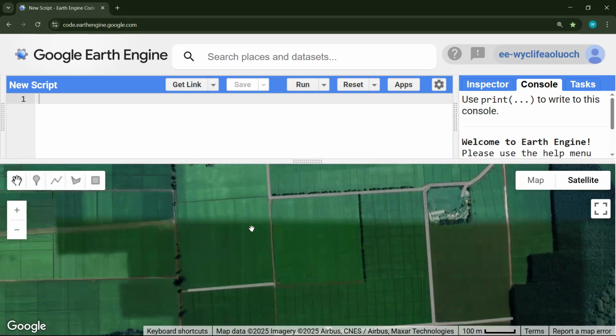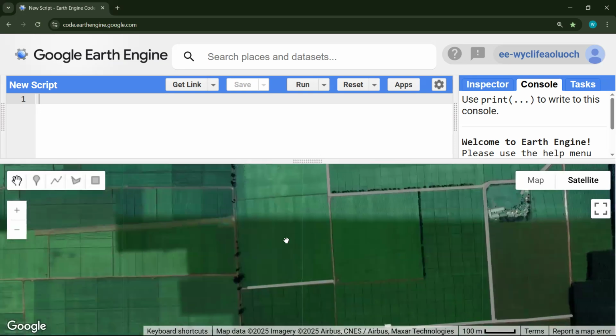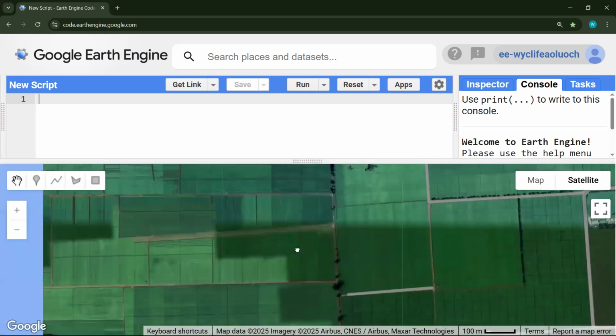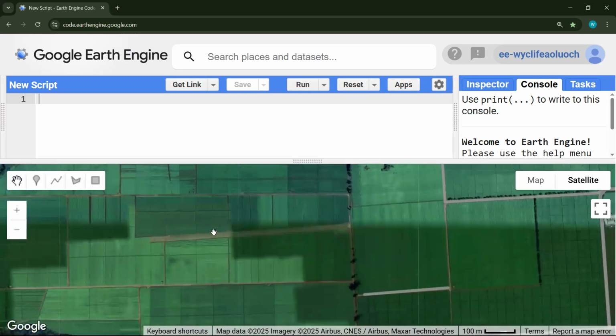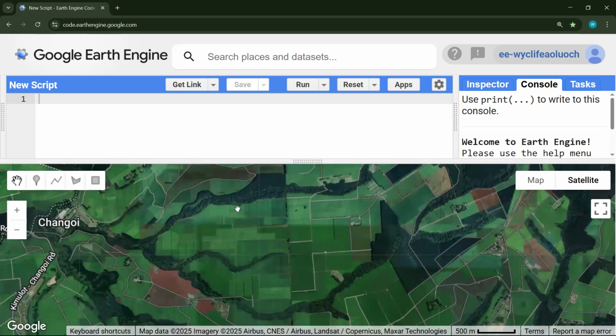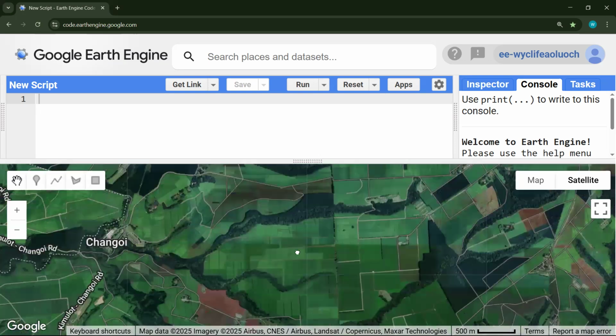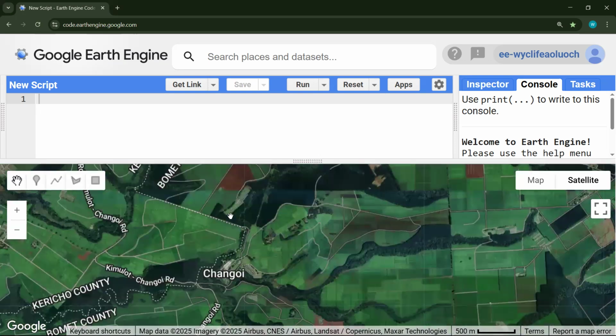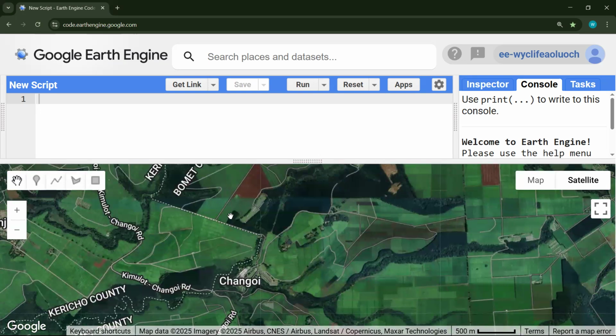This is an important thing because it can help us tell the rate of water loss or transpiration or water stress from our farms, because this is an important factor which then determines how much yield or production we can get from our farm. All right, so in this video, we are diving into a powerful workflow that uses R,